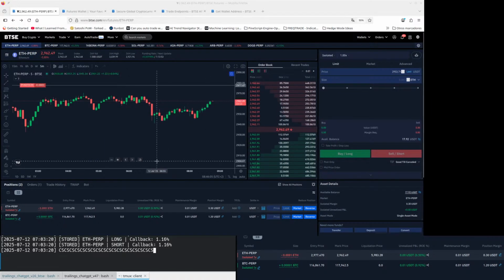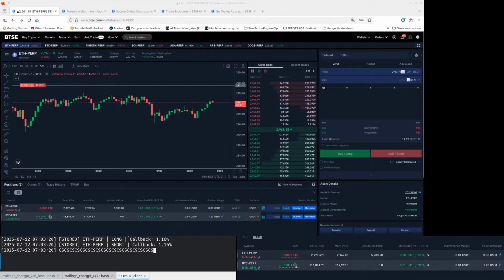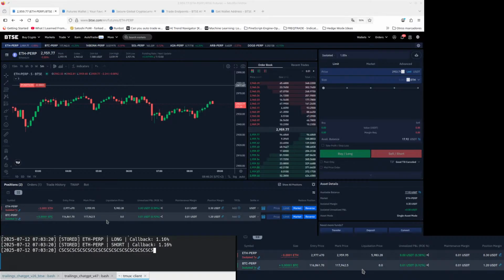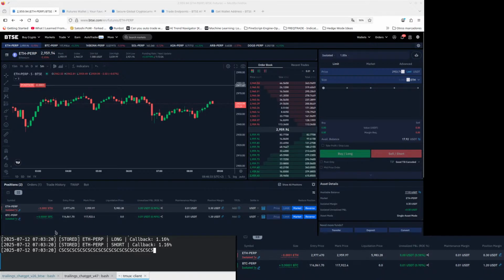So this is BTSE exchange. I'm running the trailing stop gunfire script here. Right now it only has two open trades: one of them is long for BTC and the other one is short for ETH. Yesterday I had some problems and it lost some of these trades, and actually you should see more ETH long trades here, but they're not there. So anyways,